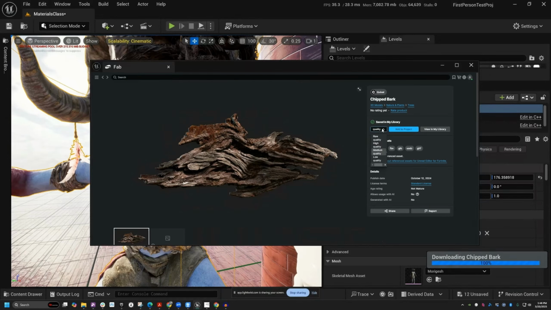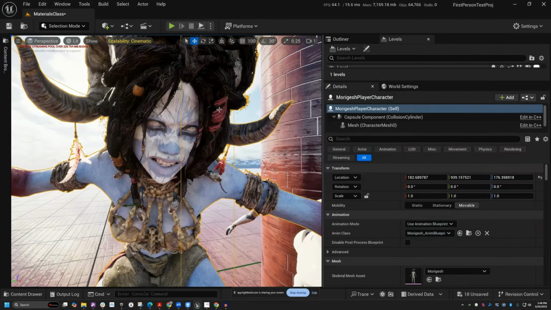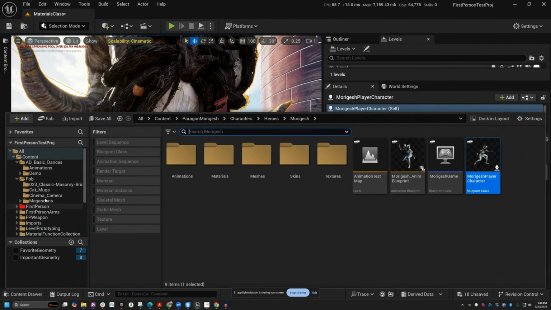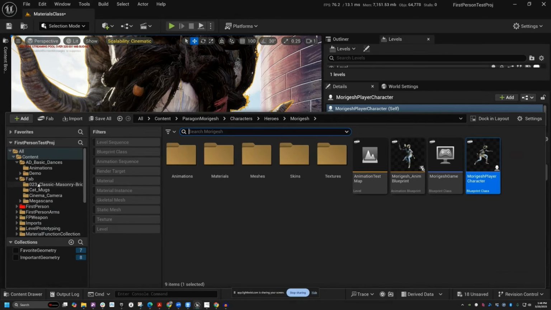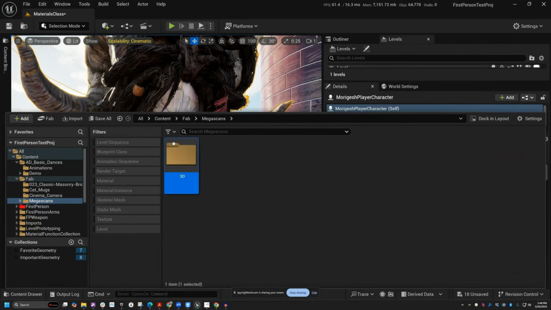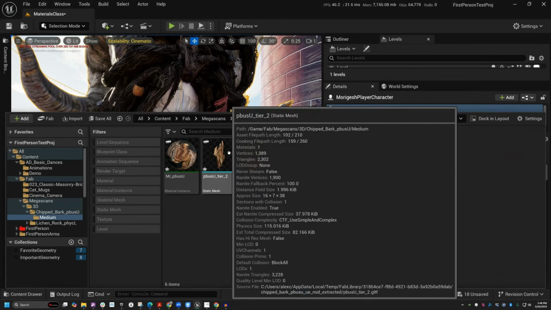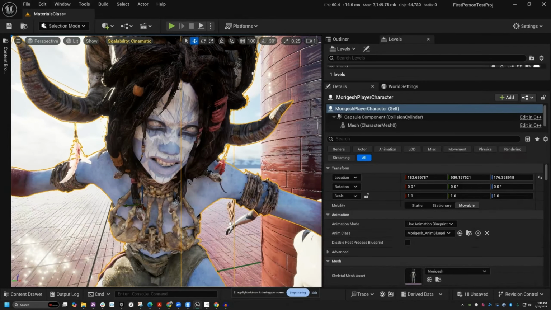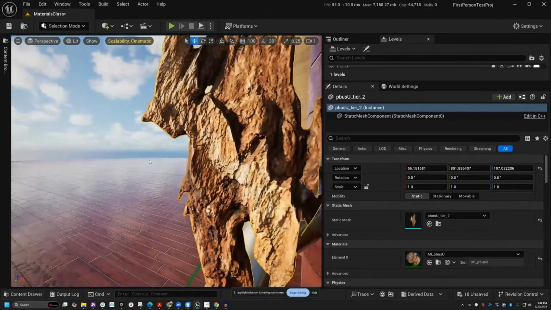And there's even a little drop down for the quality level. And then here comes the chipped bark into my project, ready to go. That was scary and startling. Where are you, chipped bark? Yeah, a little bit tricky sometimes because it'll import and then you need to find it. So it's under Fab, Megascans, 3D, chipped bark, medium, because that's the quality level I had. And I can just drag it into my scene and go take a look at that magnificent chipped bark running